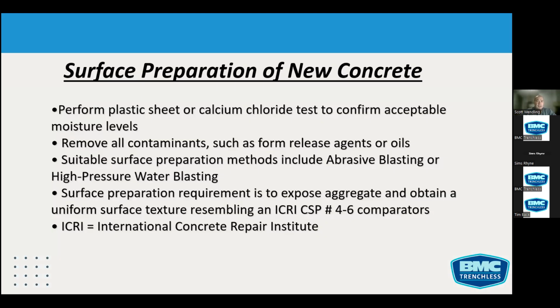Okay, surface preparation. New concrete. So we'll just go into this fairly quickly, but new concrete versus old concrete. Obviously, we're dealing with a little bit newer materials. So perform a plastic sheet or calcium chloride test to check for moisture levels. There's an ASTM standard that talks about plastic sheet testing as well as calcium chloride testing, but it's a quick 24-hour test that can be done to see how much moisture is in the substrate of your concrete. Again, you want to remove all contaminants such as foreign release agents and oils,